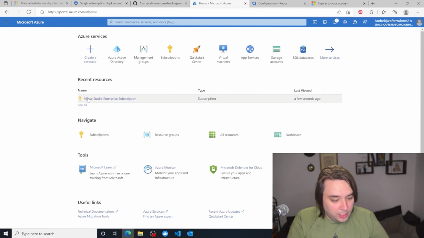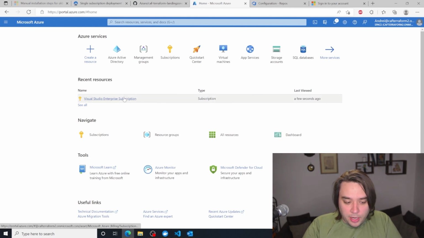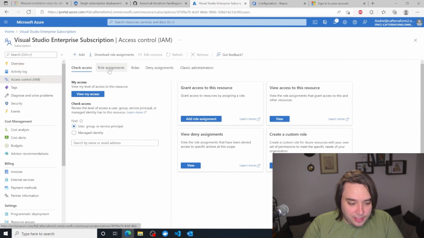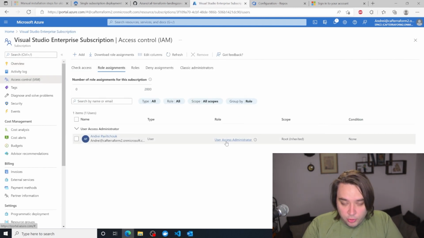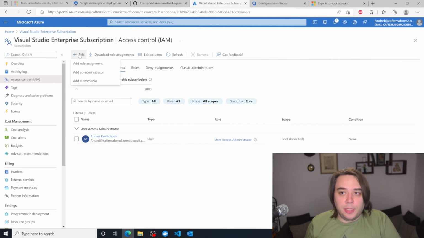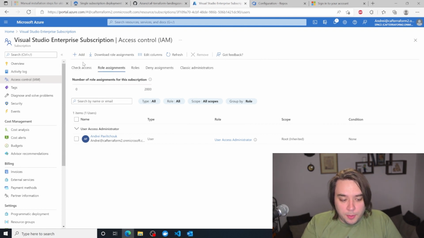Okay, but now that you do that, you might have to log out and log back in, but what essentially you get is a user access administrator role. What this allows you to do is administer your subscription permissions.